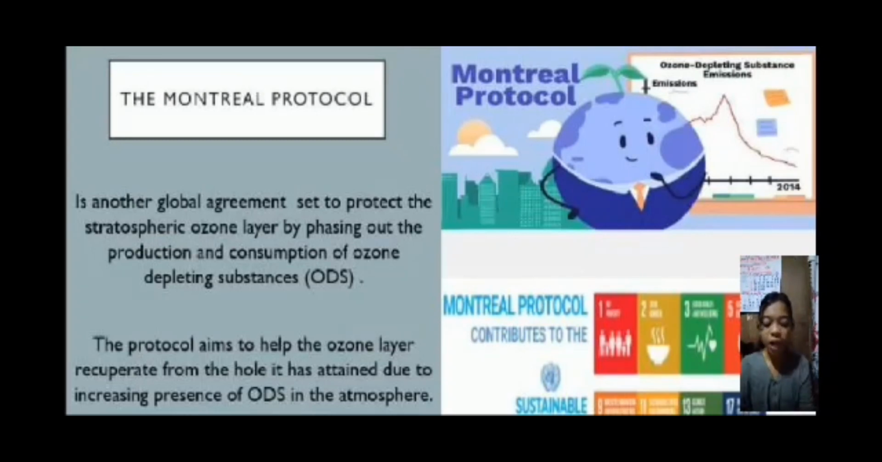So, the protocol aims to help the ozone layer recuperate from the hole it attained due to the increasing presence of ODS in the atmosphere. So, the Montreal Protocol is an international treaty that was signed in 1987 and is designed to protect the Earth's ozone layer. The protocol was created in response to scientific evidence that showed that the Earth's ozone layer was being depleted by